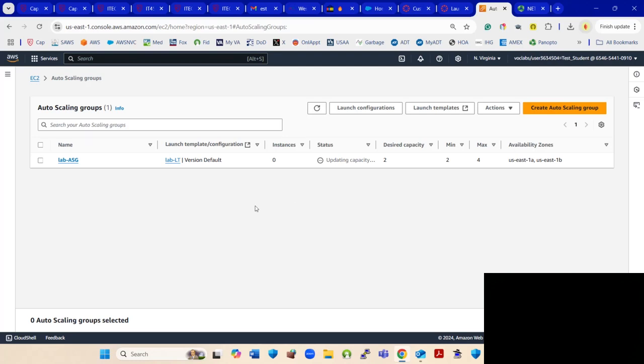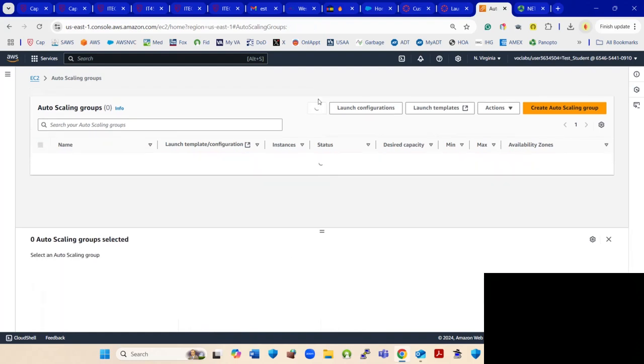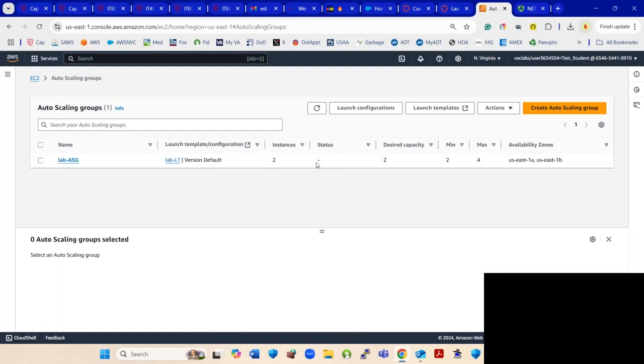Now what this should do is generate 2 EC2 instances. But the status needs to go from updating capacity. There should be nothing in here once this is complete. So you can refresh it and there it goes. It's gone away. Now we can go to our EC2 instances. But before we do that, if you went to EC2, just hit the back button on your browser. You'll be taken right back here. Go to Lab ASG,